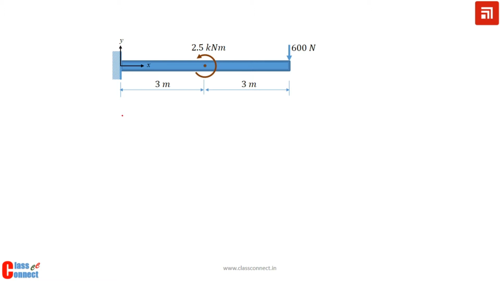So in this case, after seeing this problem, we can first identify the minimum number of elements that will be required for this problem. Can you tell me how many minimum number of elements do we need to discretize this problem? We need two elements because we need one node here, and one node here.